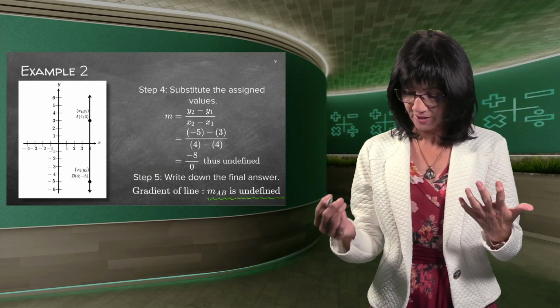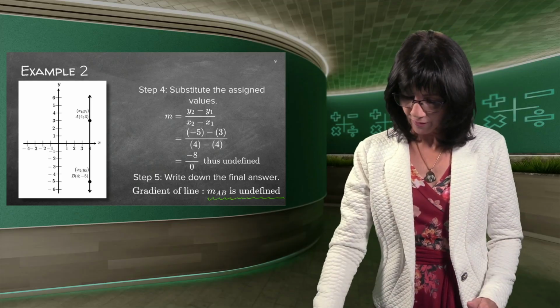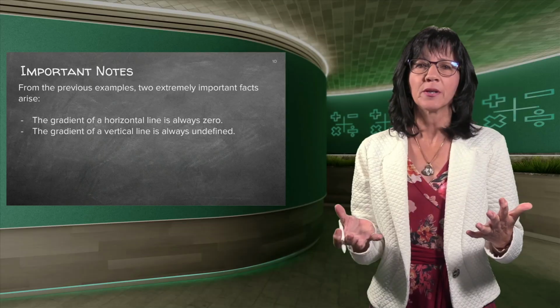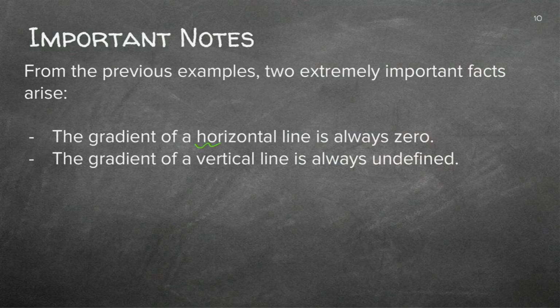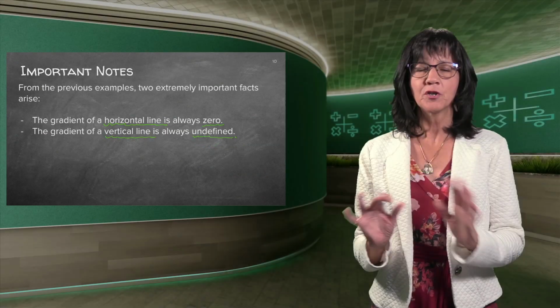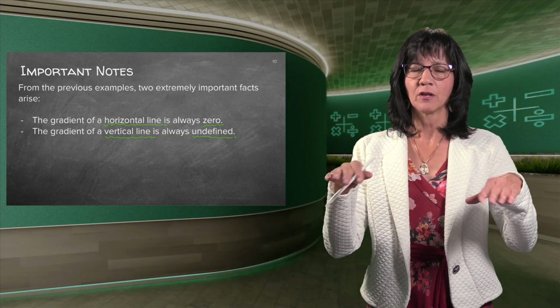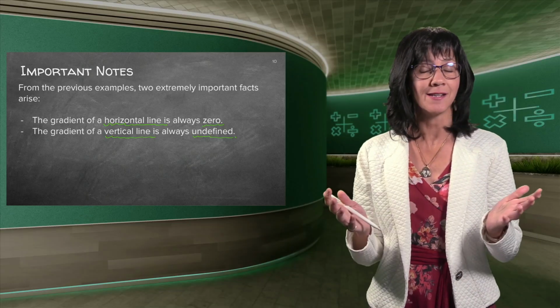And in the future, you should, in any case, just know it. So if I look at the notes there, you should, in the future, kind of remember it. It makes it easier. If I have a horizontal line, the gradient will always be 0. If I have a vertical line, the gradient will always be undefined. And that is always true for whichever line. Vertical lines, undefined gradient; horizontal lines, 0 gradient. And that's it. Very easy.